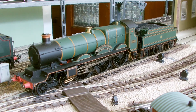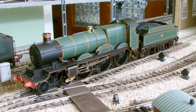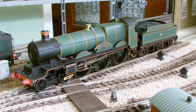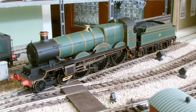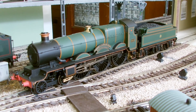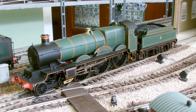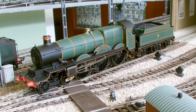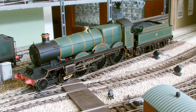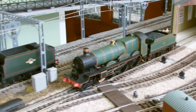At the beginning of the 20th century, it was George Jackson Churchward who brought in ideas from abroad, all over the world, France and United States in particular. This locomotive we're looking at here is an example of the Star class. This is number 4018, Knight of the Grand Cross. And why I'm running this one today, I will explain as we move on